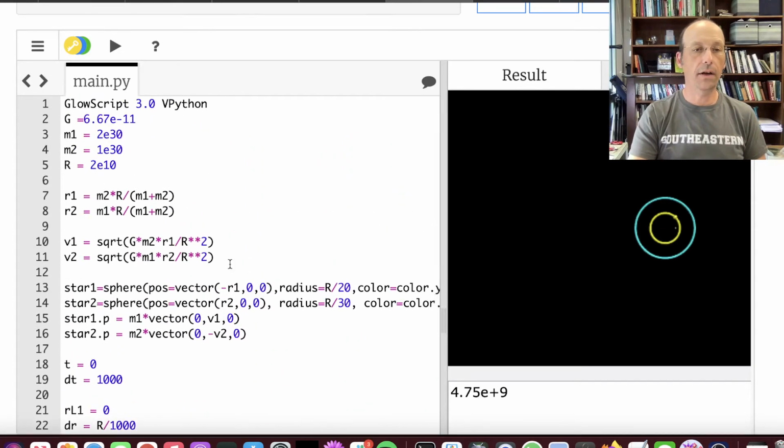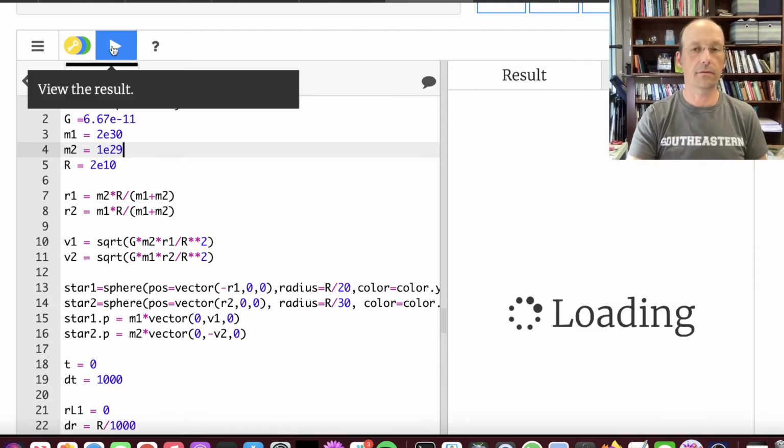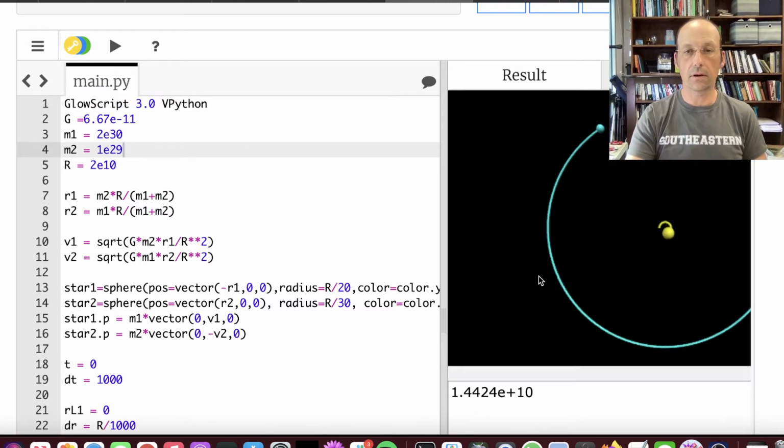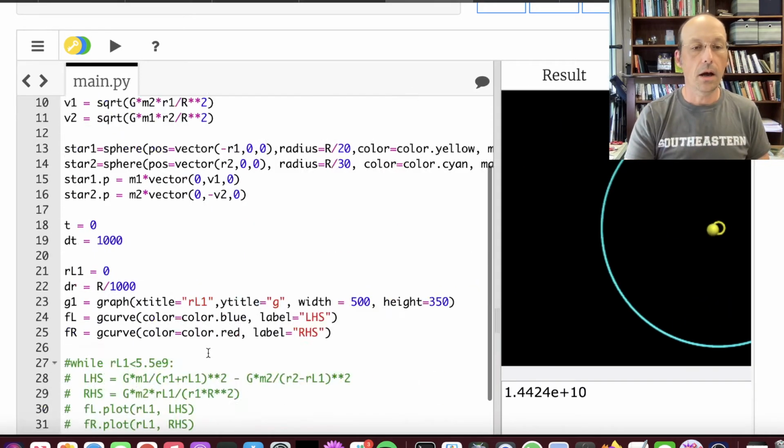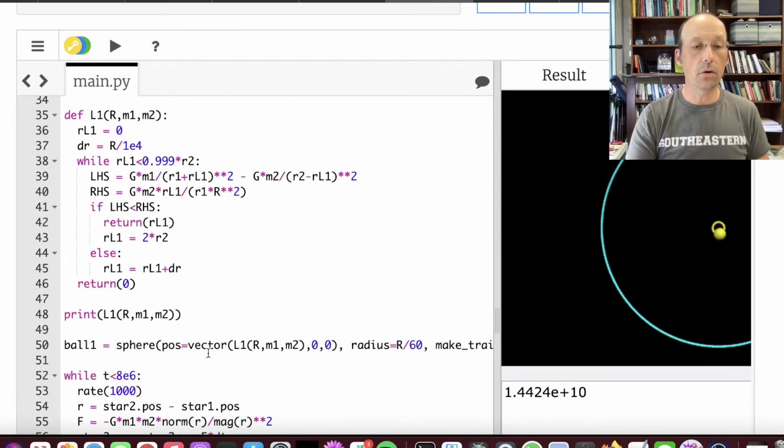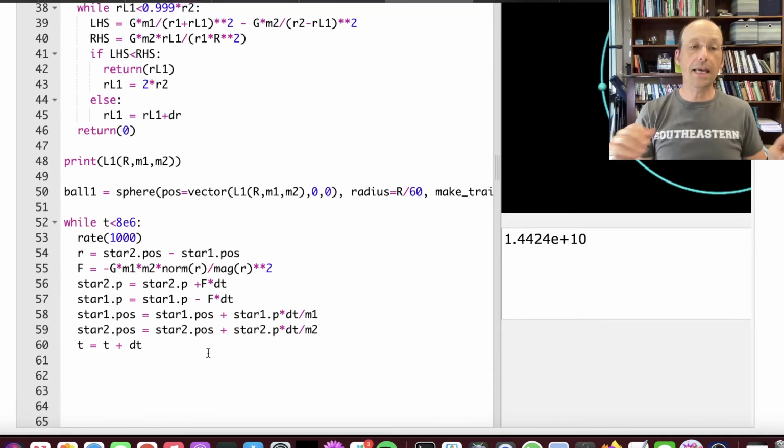So here I have, they're 2 and 3. So let me make this less massive. Let's say 10 to the 29th. Run it. Okay, I think I want to do this one. And there's my Lagrange point. Okay, I feel better. Okay, so now what I need to do is in my loop, I need to calculate